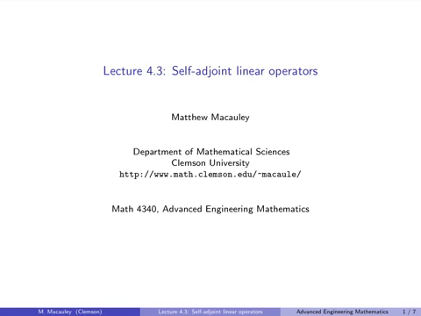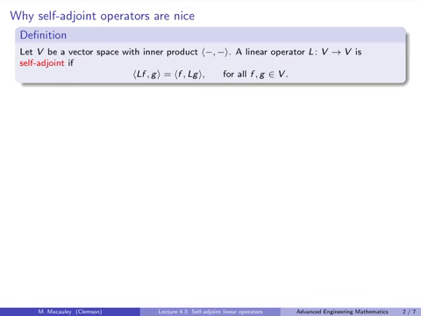Welcome to Lecture 4.3, Self-Adjoint Linear Operators. At the end of the last lecture, I introduced the notion of a self-adjoint linear map, which generalizes such concepts as a symmetric and Hermitian matrix. In this lecture, I'm going to go over those ideas and the main theorem of why these things are so nice, which I stated at the very end of last lecture, except I'm going to assume throughout that our vector